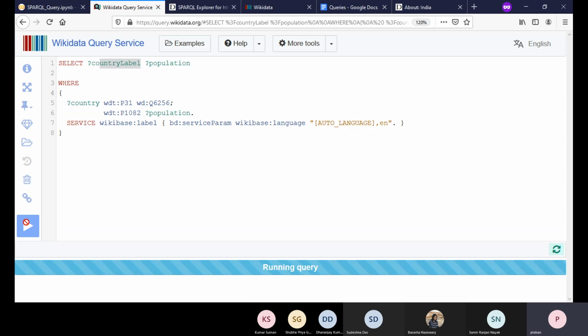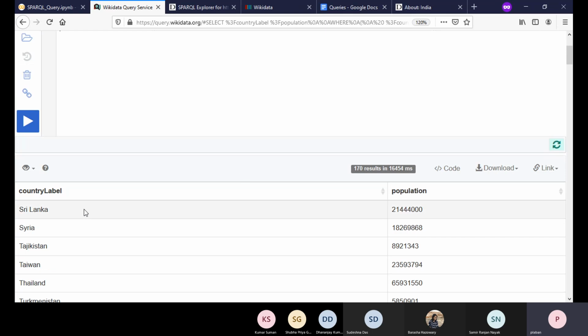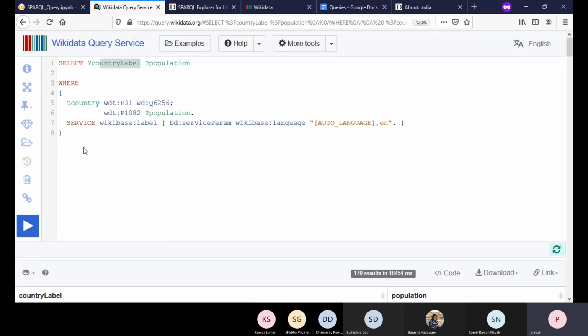Now, if you just execute this query, it is taking some time. Okay, so you can see that instead of having the URIs, we are having the names of the countries and the corresponding population.